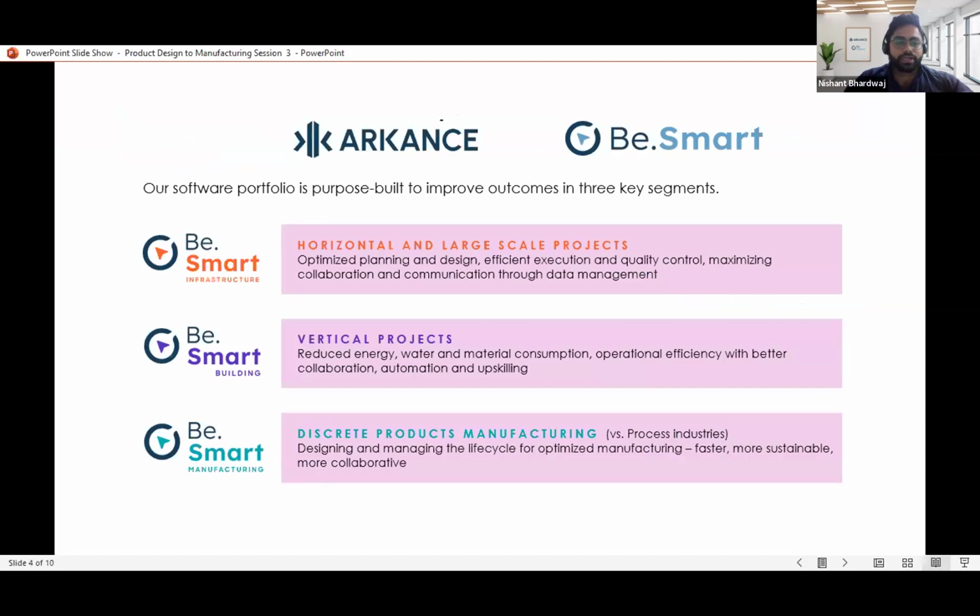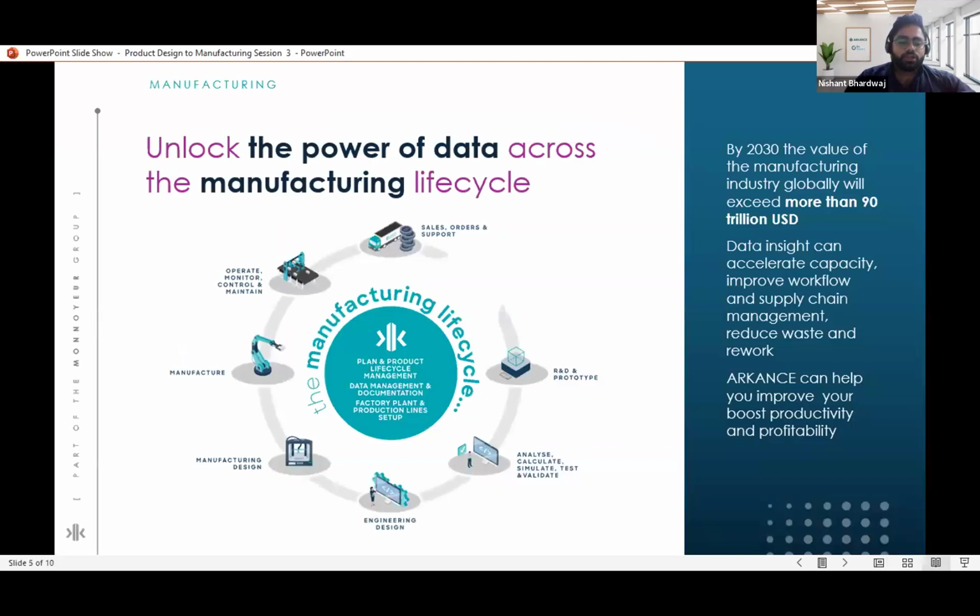So let's explore how Arkans can help you get the job done effectively. As you can see on my screen, we have made BeSmart in three segments. BeSmart Infrastructure, which is responsible for horizontal and large scale projects. BeSmart Buildings, which is responsible for vertical projects. And BeSmart Manufacturing: discrete product manufacturing, designing and managing the life cycle for optimized manufacturing, faster, more sustainable, and more collaborative. So where can digitalization be an enabler? Although this is a generic view, we can approach this life cycle as a whole and review what processes can benefit from digitalization, process improvement and services. Of course, we would deep dive further with your organization and your processes to see where you can benefit most